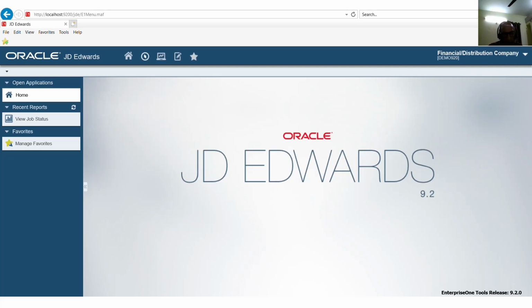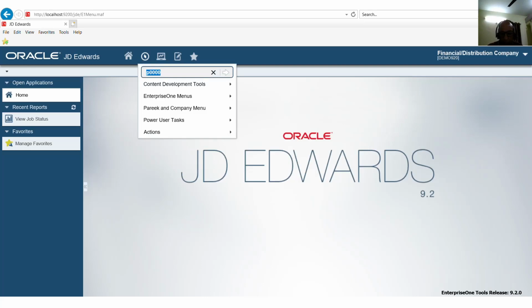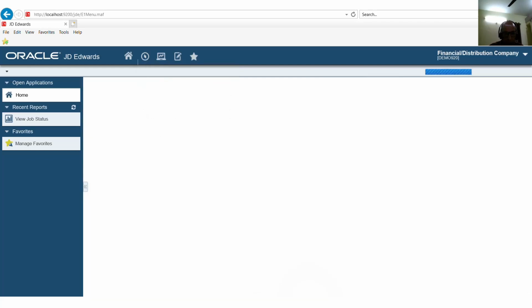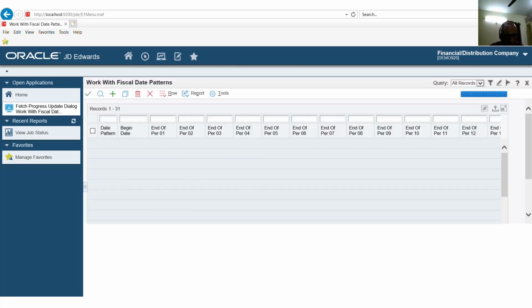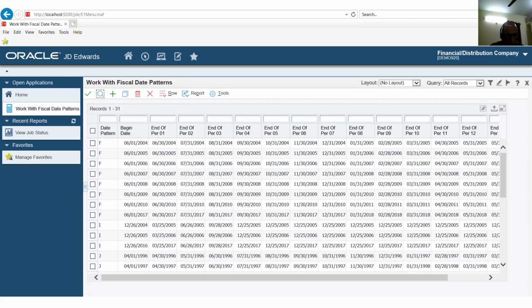And what is the application to create this fiscal year? It is P0008. I am running this application P0008. So here many years are already defined. In your PY environment, you will also find many years.